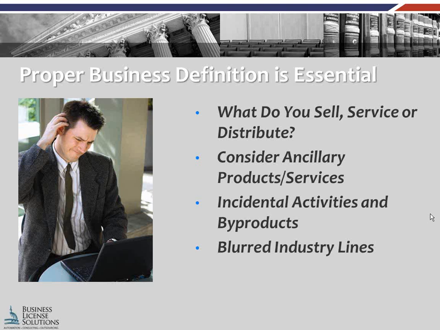There may also be licensing issues raised by incidental activities that your business performs or by byproducts that your business generates. A good example of this was a large grocery store in California that had a backup generator to prevent food loss in a power outage. The store had overlooked the applicable federal and state environmental emission licenses it needed to be able to operate and maintain that generator. The same store had also overlooked a state license that was required to recycle used cooking oil that it produced as a result of some in-store cooking.